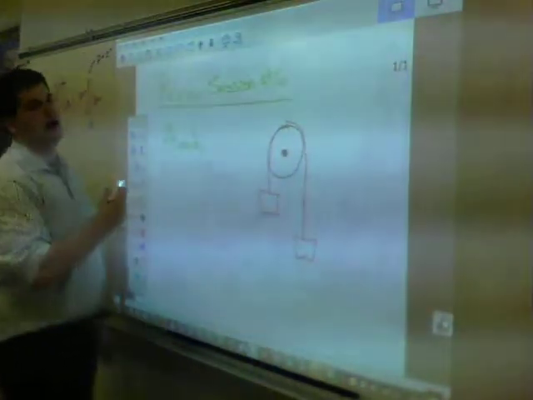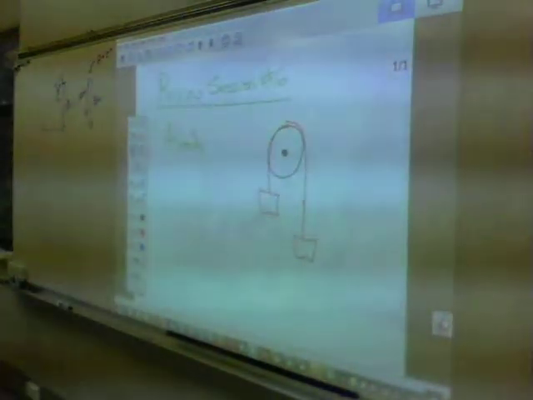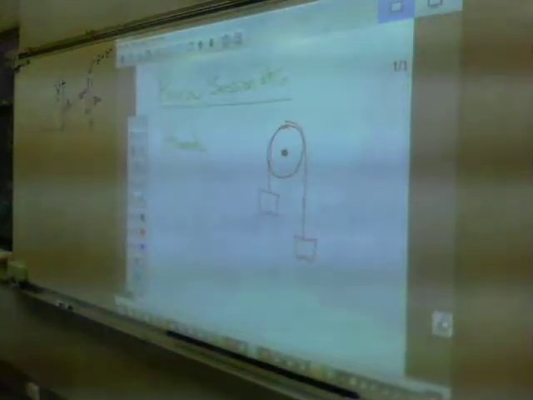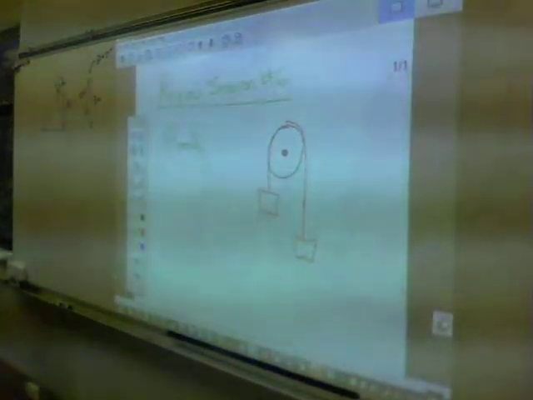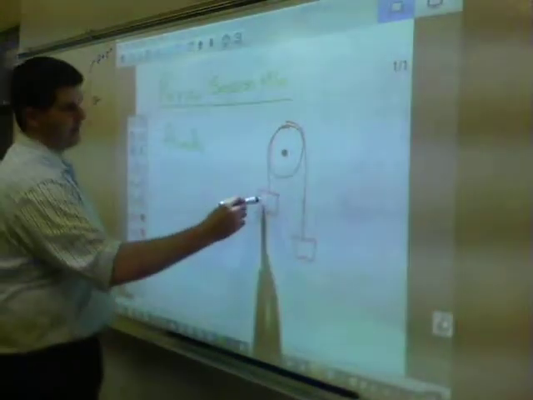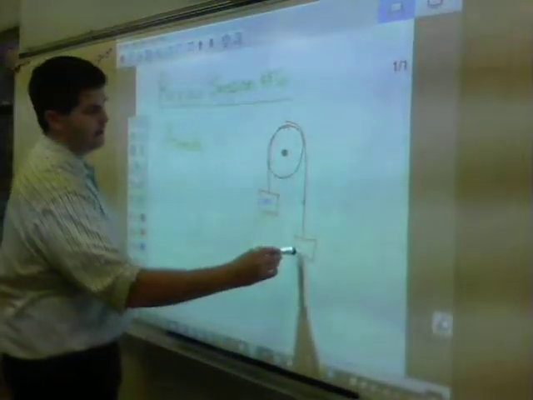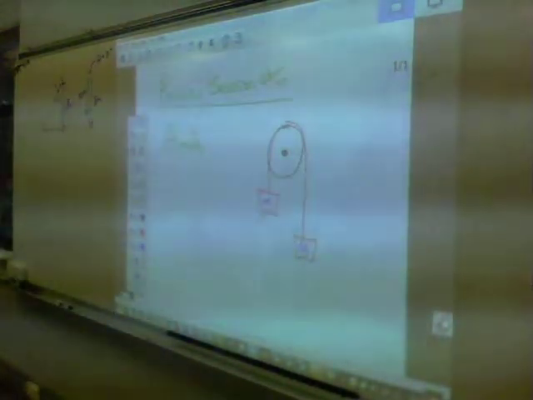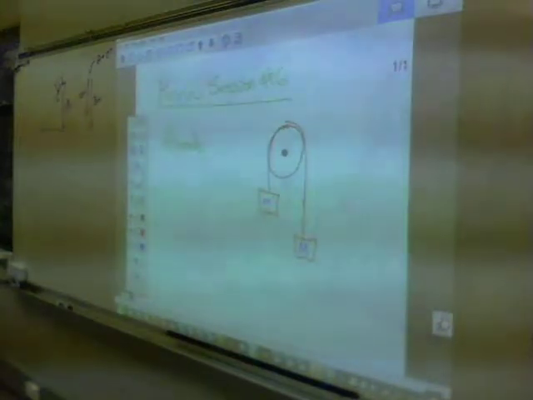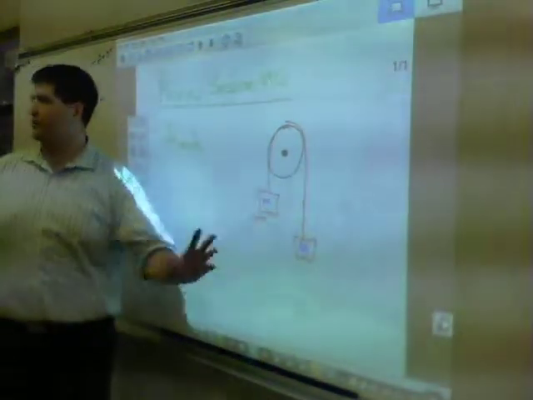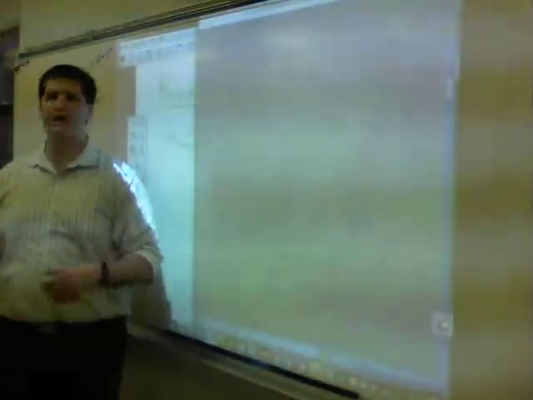essentially anytime you have 2 masses that are hooked up by a string, acting as one system. Okay. What I mean by that is, let's say we have like lowercase m here and then capital M here. All right. I want to find the acceleration of the system. Okay. So what you have to do is you have to look at all the forces. You have to look at the entire motion of the Atwood's machine as a